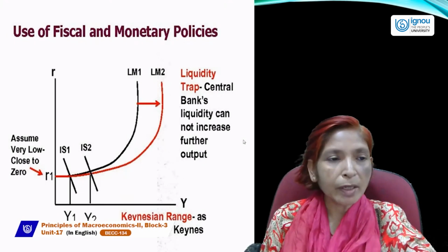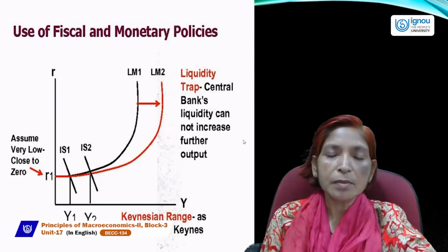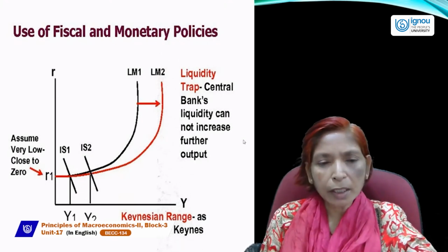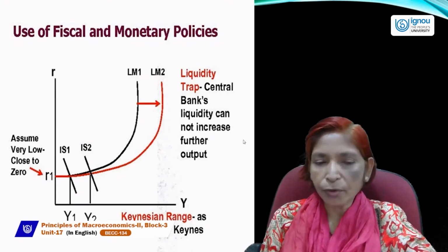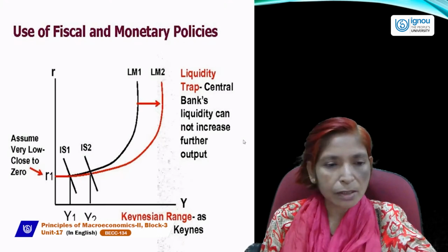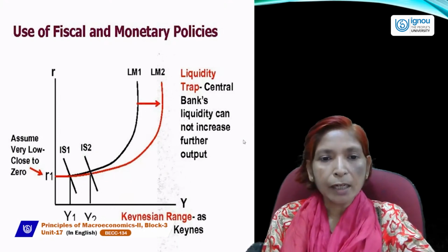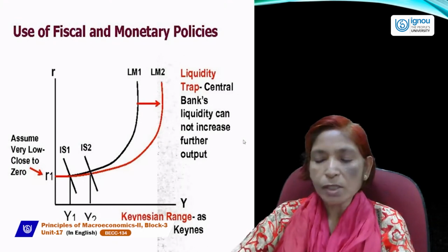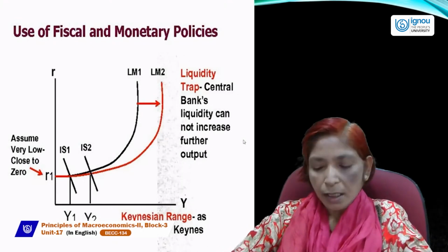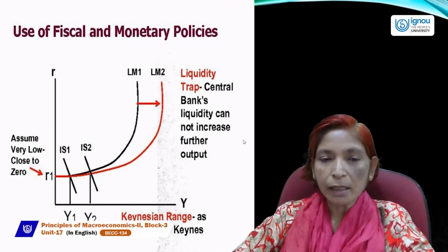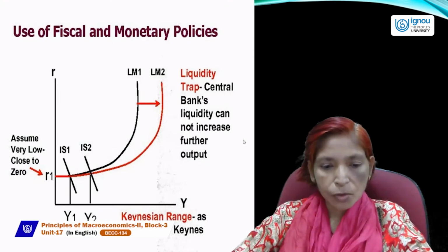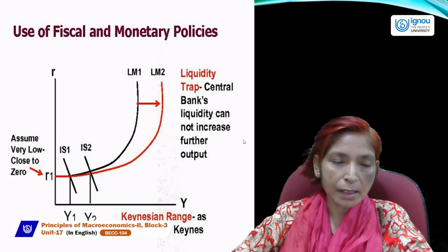You must remember it. And monetary policy is more effective in the classical range. But in the intermediate range, both the policies are moderate. The liquidity trap situation is that situation which shows that income may increase or decrease, but the level of the rate of interest can't increase. So the Keynesian range, as observed by Keynes.